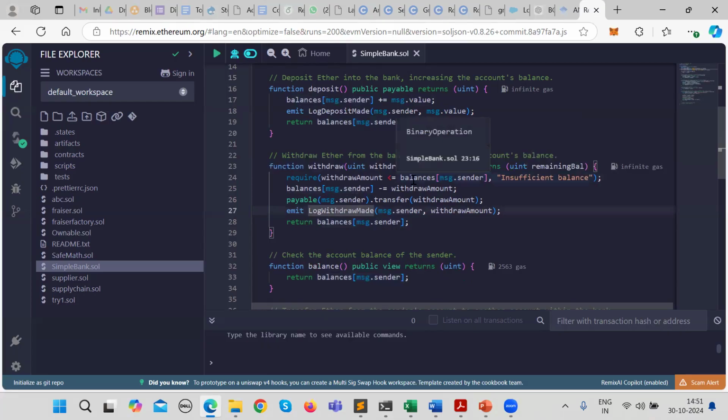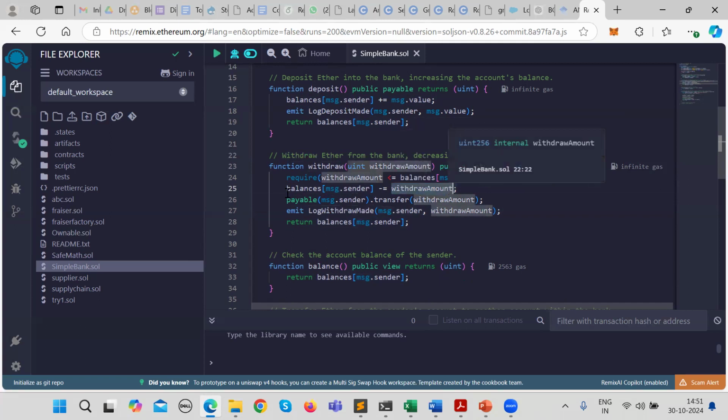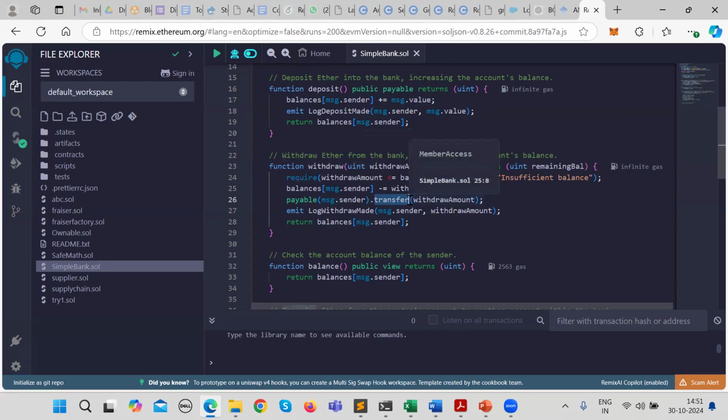If this condition is true, then I am subtracting the withdrawn amount from the balance and I am transferring. Transfer is an internal function of Solidity that I am using here to transfer the withdrawn amount to this address, message.sender.